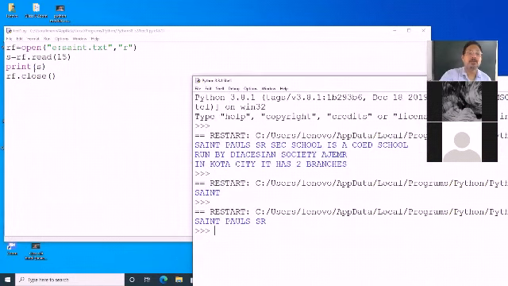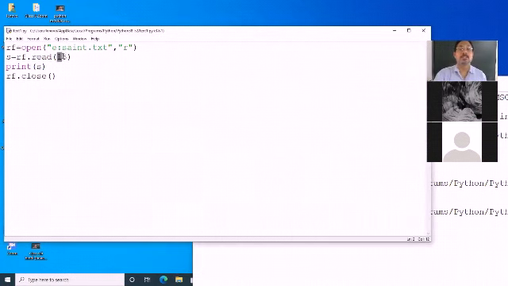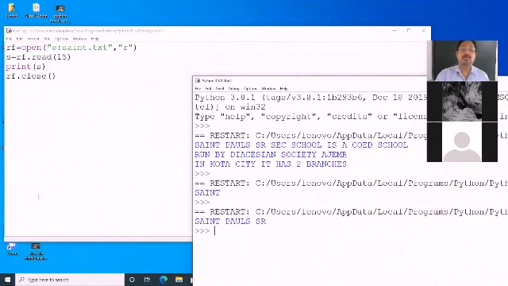Is that clear? And if you do not give the parameter value n, then it will display all lines. Is this point clear to you? The read function is very clear to you. Then I'll go to the next function. The next function is readline. Raghav, readline. What is the use of readline?